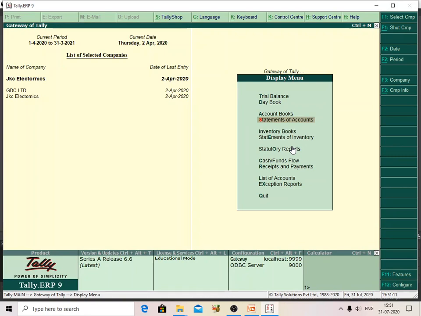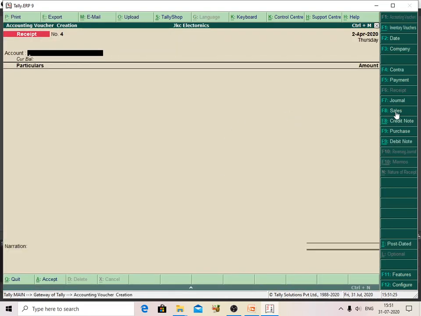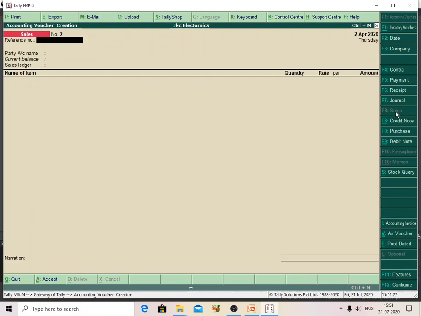Now I will post the sales. I will post the sale transaction. I will supply some materials to SRR Traders. How can I post the transaction? I will go to Gateway of Tally screen, selecting Accounting Vouchers. Under Accounting Vouchers, I am selecting F8 Sales, and here I will change the date.